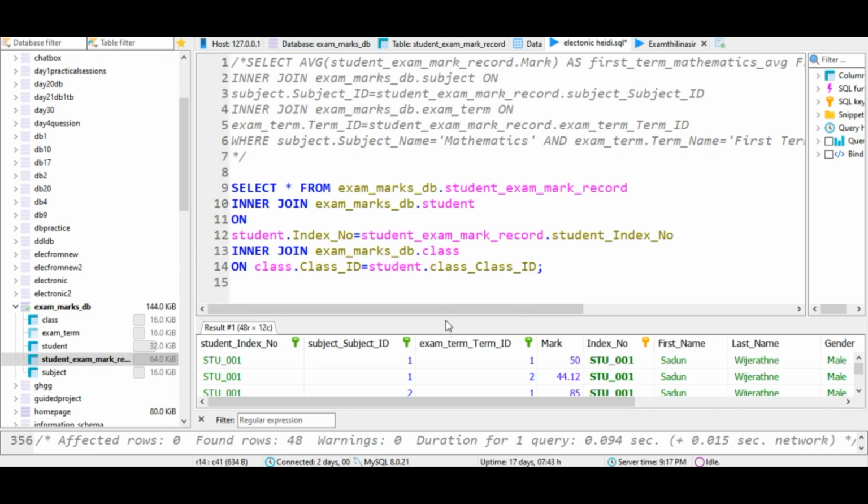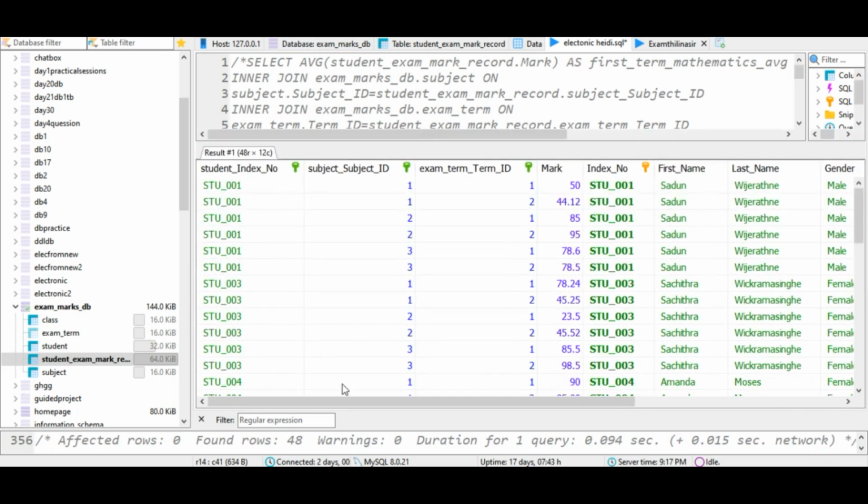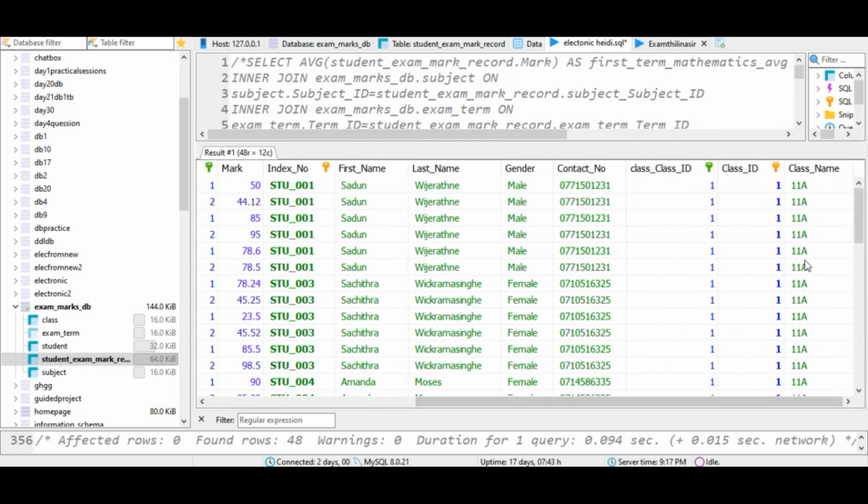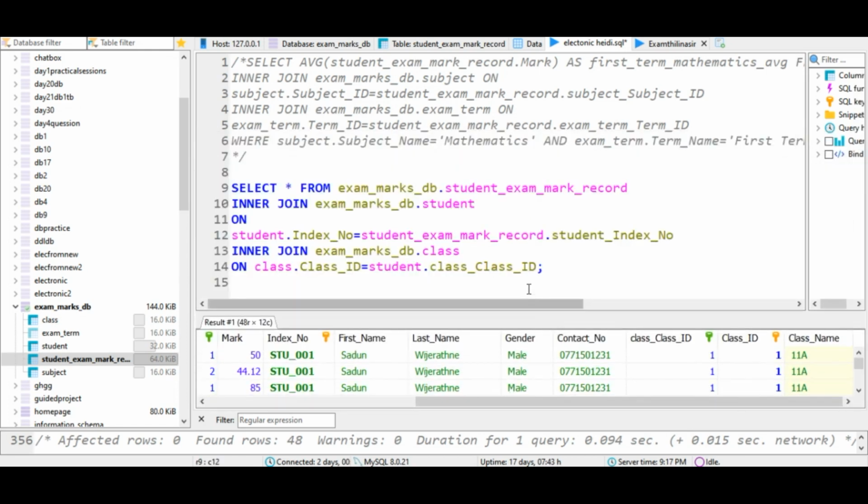Now you have the class ID and you have the class ID in the student table. By joining the class table, now you can access the class name easily. And after that, what I'm going to do here is join